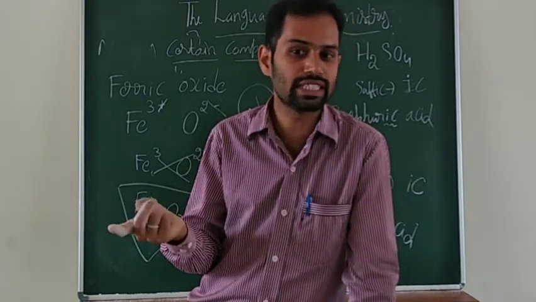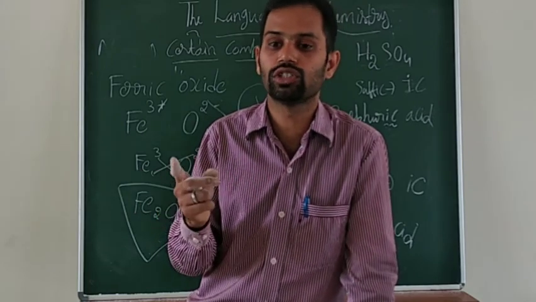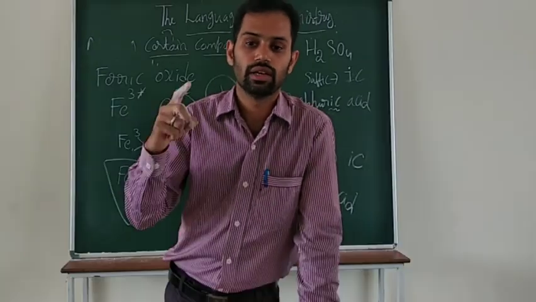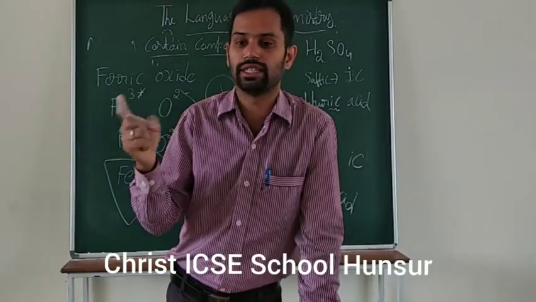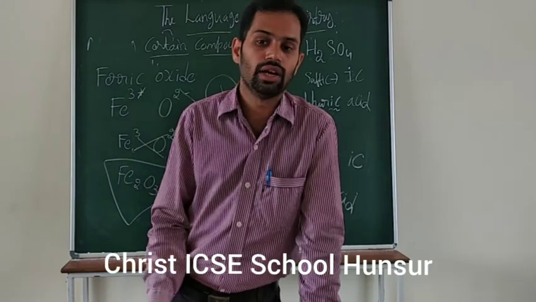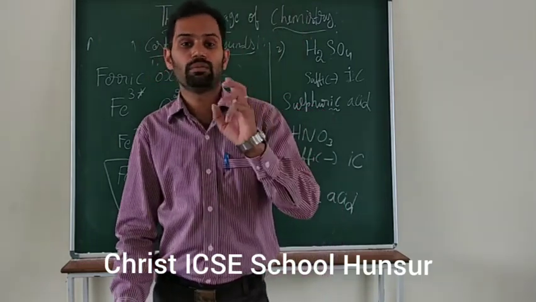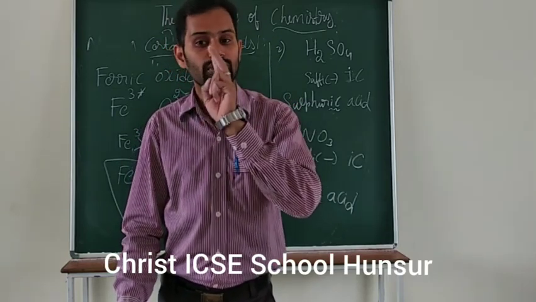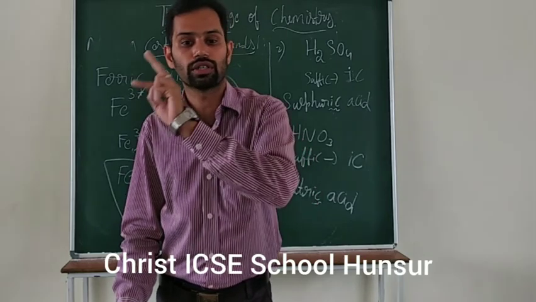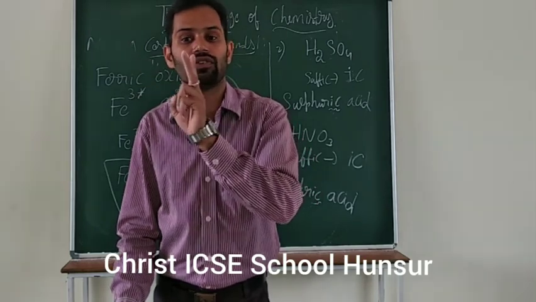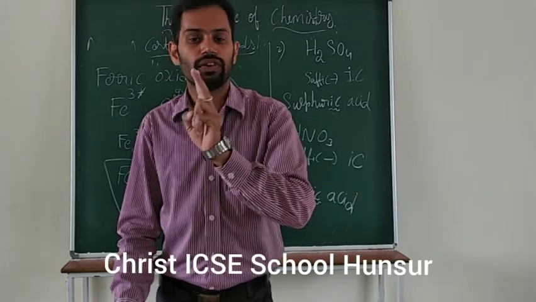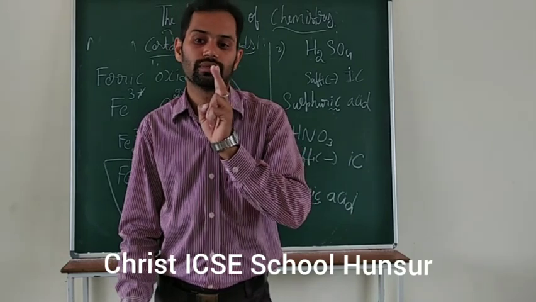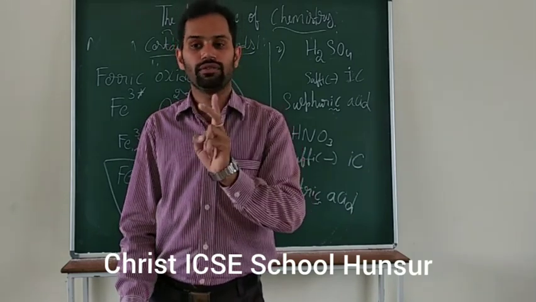And the naming of acids. For binary acids, we use the prefix hydro and suffix ic. For example, HCl, hydrochloric acid. HF, hydrofluoric acid. And how to name polyatomic acids? For H2SO4, you start with the name of the second element. The second element is S, sulfur, so sulfuric acid. We will not use the prefix hydro there, only the suffix ic.